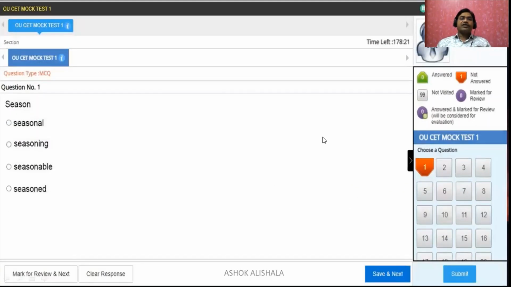Now, another one is here. When the examination is started, this is the page that will appear. Here you will get the question number and the question, and you have to answer it. At the right side you will get all the question numbers. You can scroll down. Every time you will see your photo, your name, and also how much time is left.